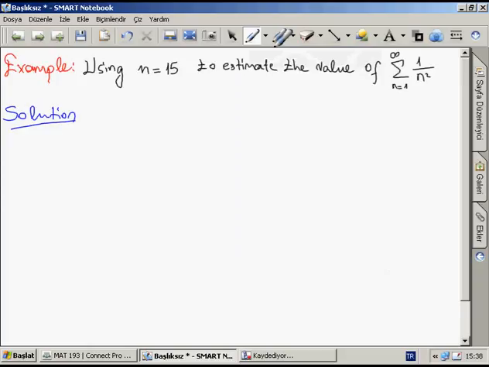My friends, first, for comparison purposes, we'll note that the actual value of the series is known to be,